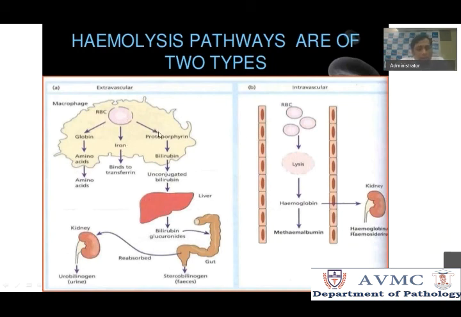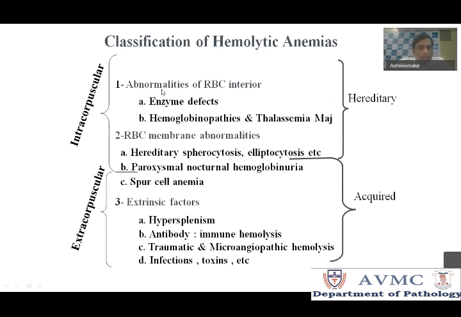We have examples for each of these. In extravascular, you basically find all the membrane disorders. I'll discuss that in the next slide. Almost all intracorpuscular defects are hereditary. Whenever you find a problem in the RBC which causes hemolytic anemia, it is more likely a hereditary disorder, whereas extracorpuscular is more likely an acquired disorder. Membrane disorders and hemoglobinopathies classically have extravascular hemolysis. That is, hemolysis happens in the liver or spleen.